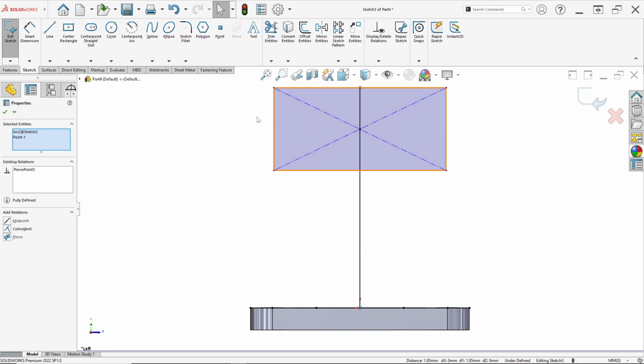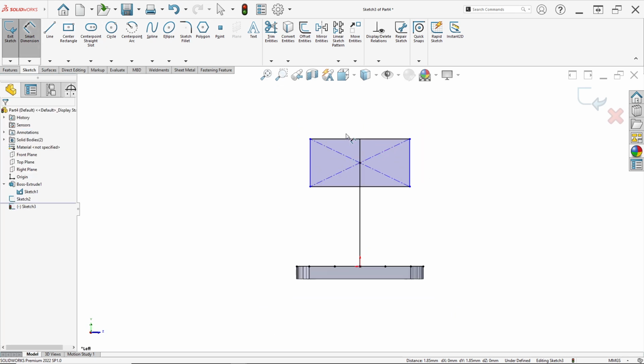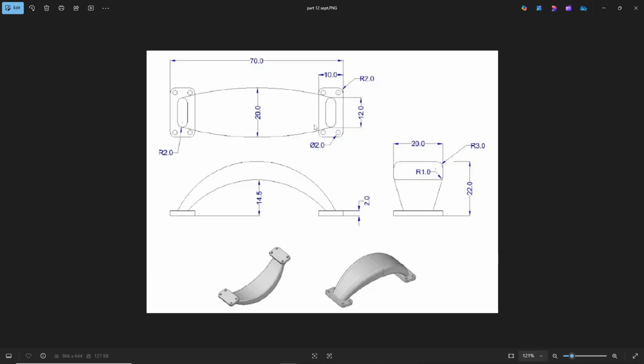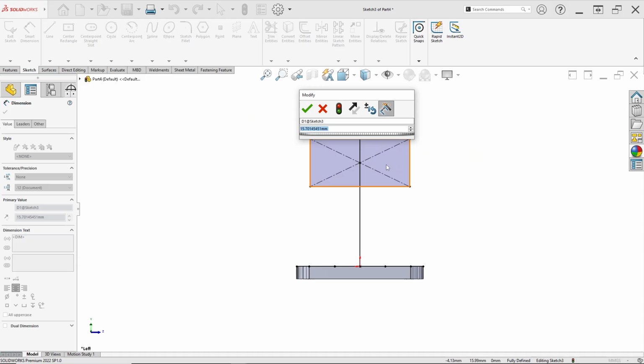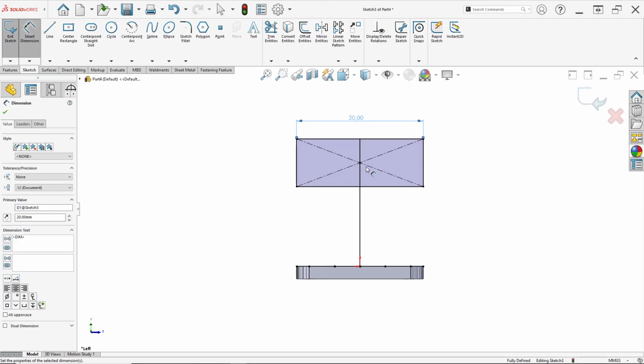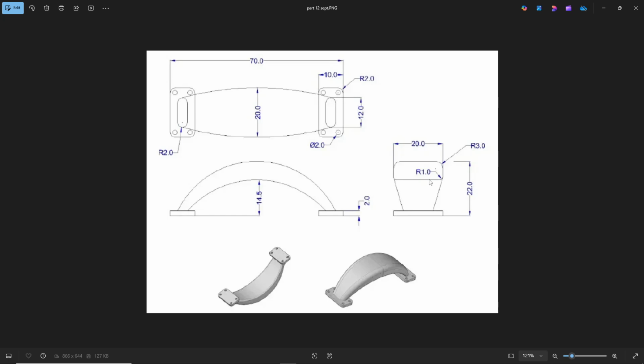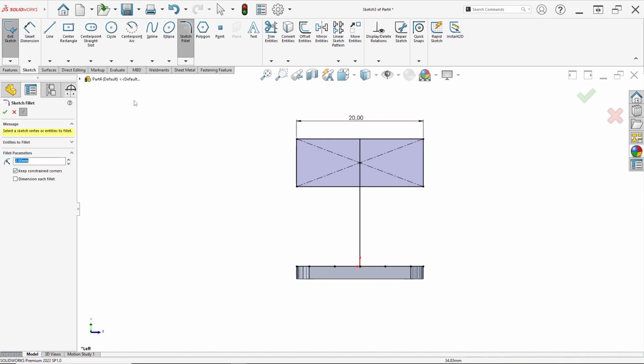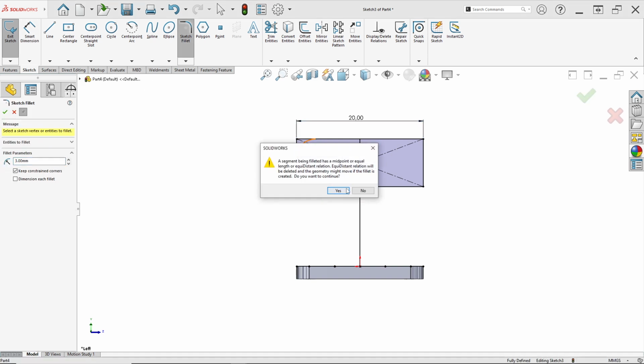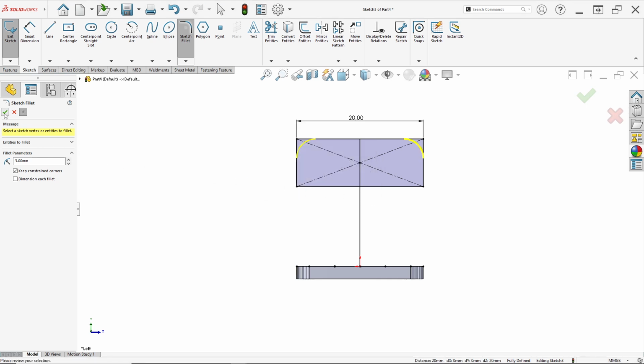and we can set the dimension in here. The length is 20 millimeters, and in here we have a fillet again. Sketch fillet of 3 millimeters to this point, click yes, this point click yes, and click OK.